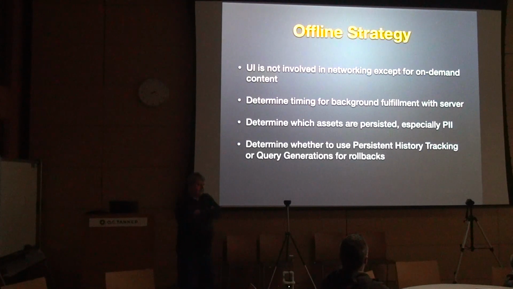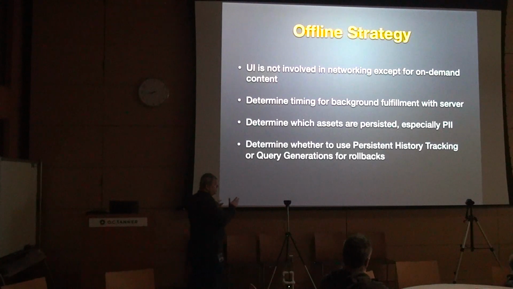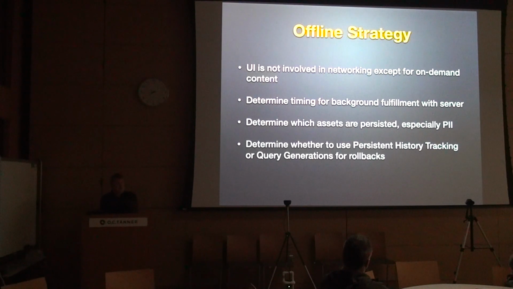Some on-demand things, like if there's a large image that you're trying to get, maybe you don't want to persist thousands of large images. It's like, okay, I want to look at this thing, and you would normally do what you'd do, which is, I'm about to show this view, come back with the image so I can go ahead and show that. And then you can decide whether or not you want to store it locally because they've accessed it. A lot of times that's a good idea, maybe it's not.